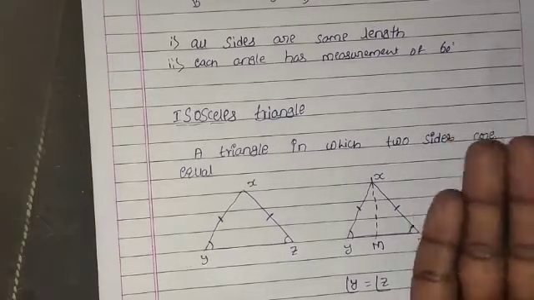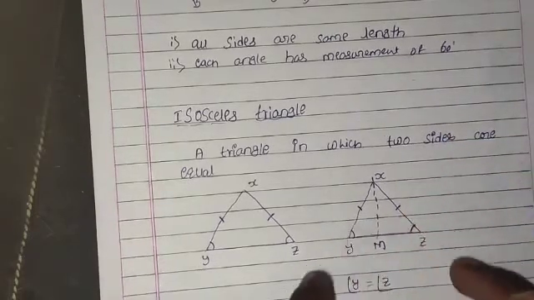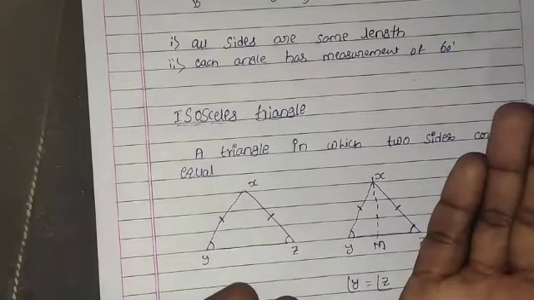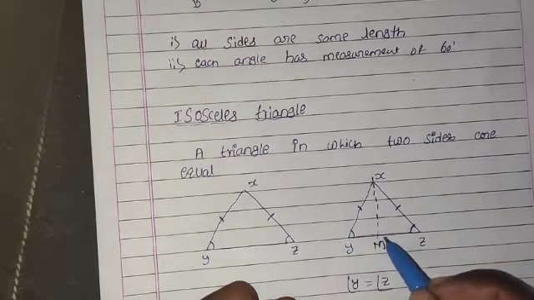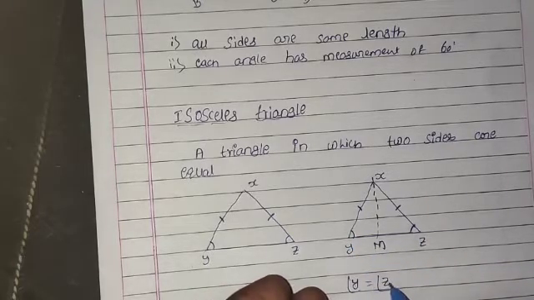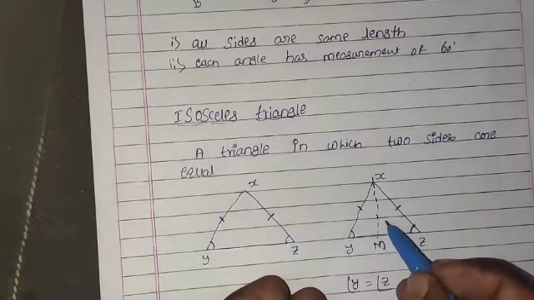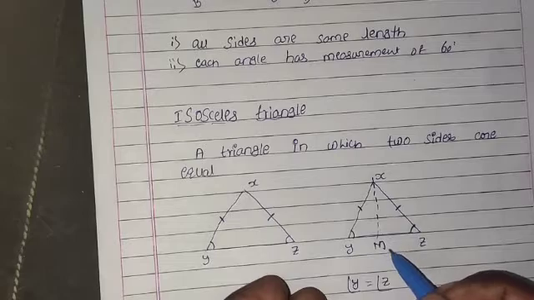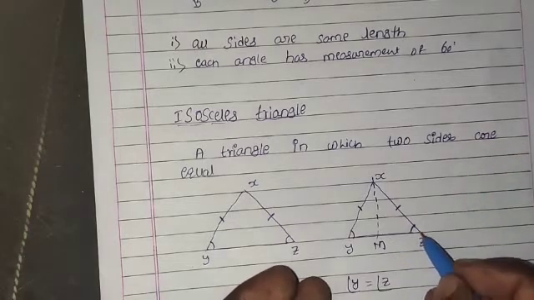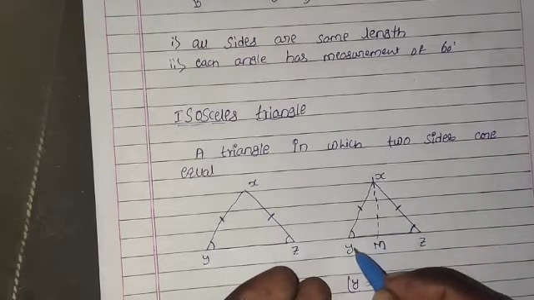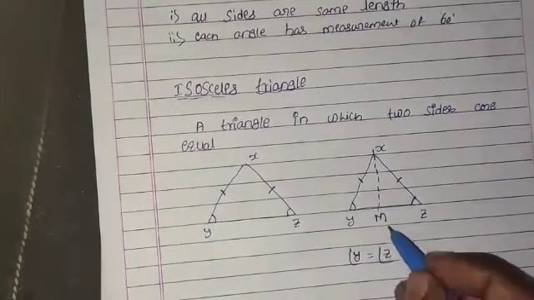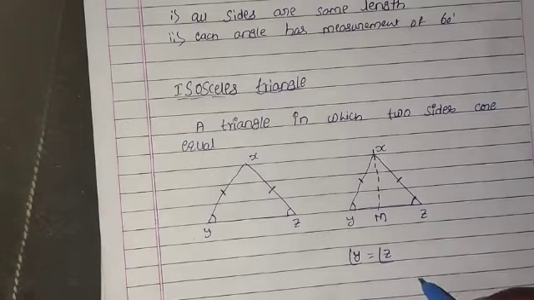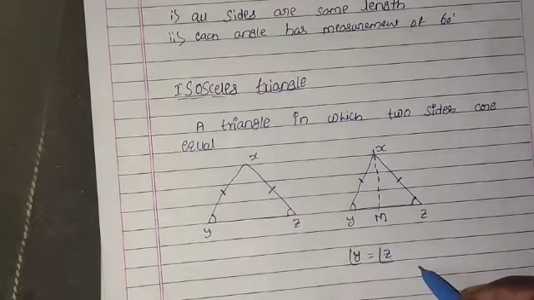When we fold the triangle so that Z is placed on Y, the Y angle is equal to the Z angle. Here XM is the line of symmetry. When we fold with Z placed on Y, we conclude that the Y angle is equal to the Z angle. From this we conclude that in an isosceles triangle, the base angles opposite to the equal